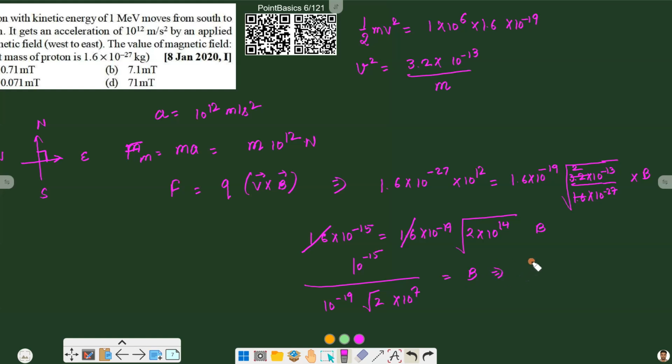So we will be left with 1 by root 2 into 10 raised to power minus 22, and this will be minus 19, so plus 19. So 10 raised to power minus 22 plus 19 is minus 3, and 1 by root 2 is equal to 0.0707 into 10 raised to power minus 3, and this we can say is 0.71 millitesla, and that is option A, the right answer. Moving to the next one,